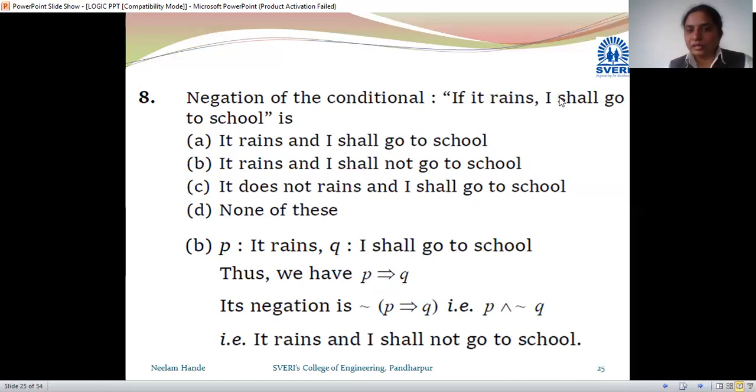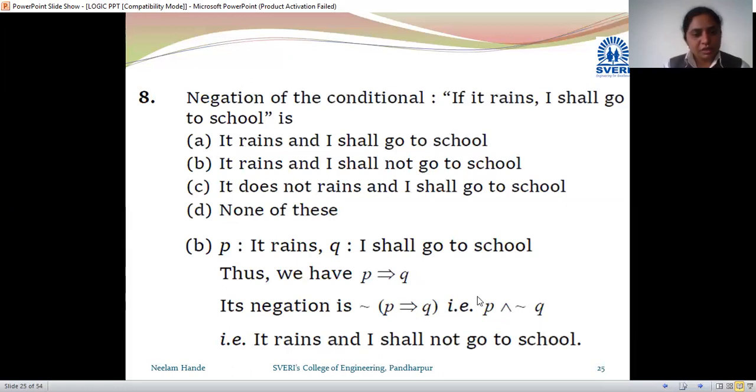If, then, so this is implication. The statement is if then, so P implies Q is given to you. For the negation of this conditional statement, we have one definition. We have seen that the negation of P implies Q is P and negation Q. Remember, we write the P statement, and in between, and, and then we write the negation of the Q statement.